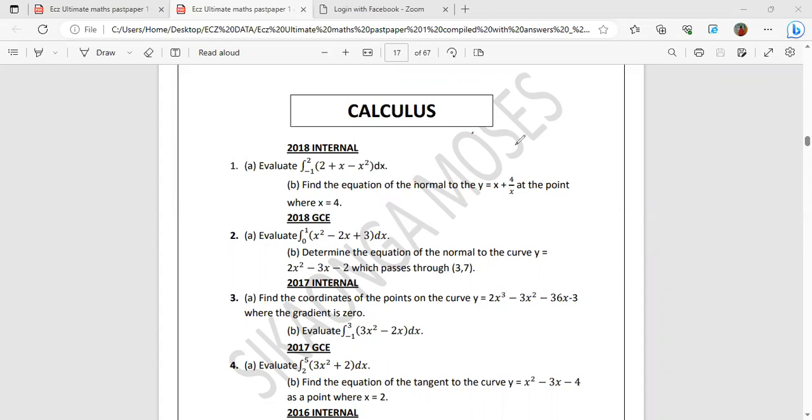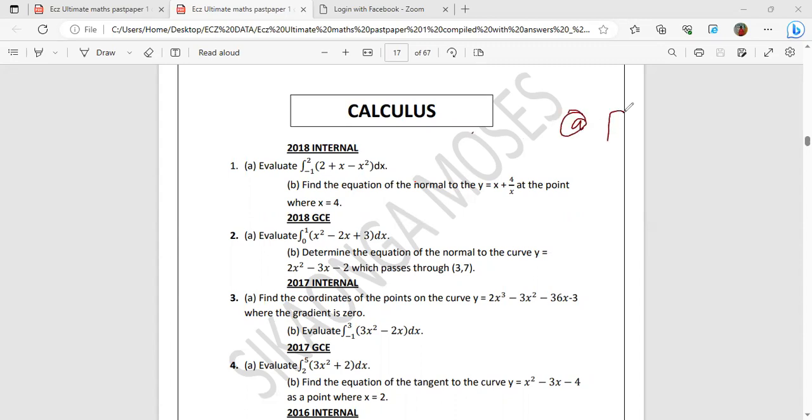So we said when we have been given limits, we are going to integrate in a certain pattern. And when we have not been given limits, we are going to integrate in a different pattern. So now let's go over this question. So part A,